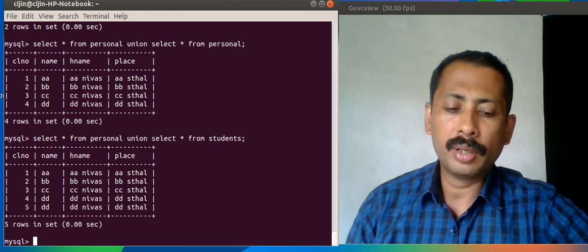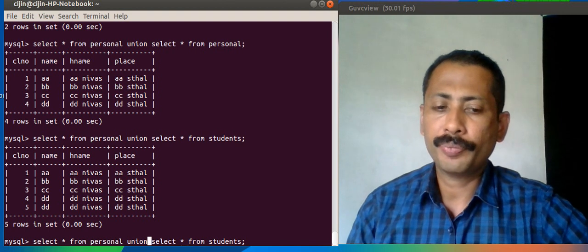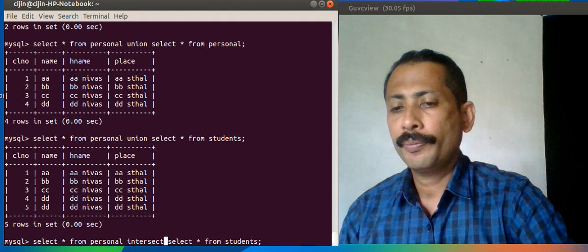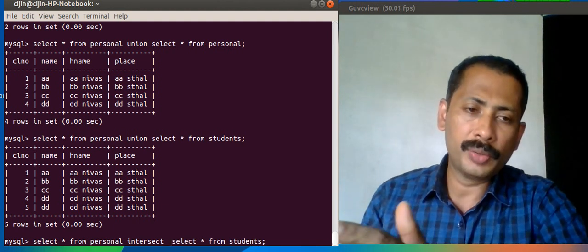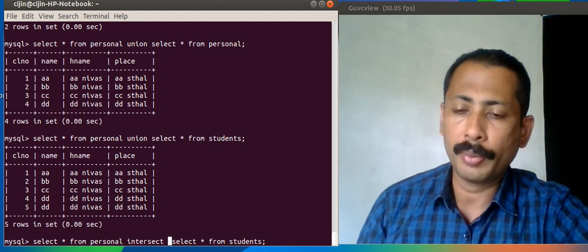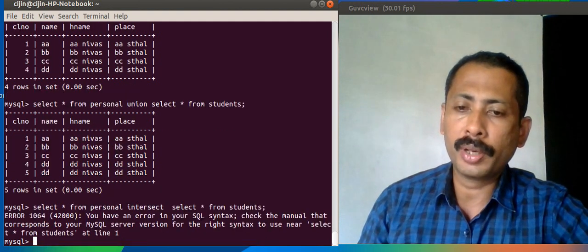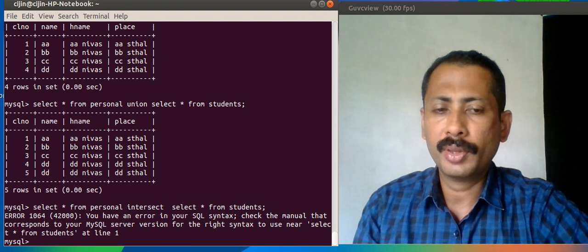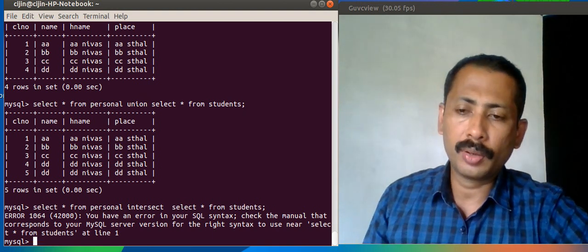Now we have intersect. The intersect keyword is for showing the records which are common. Now we know that 2 is the record which is common. But this keyword does not work in MySQL, though in Oracle intersect works. Okay, so intersect is for getting the common records.